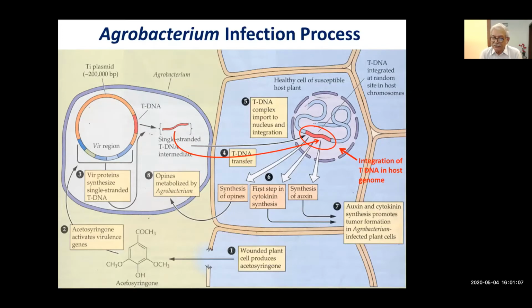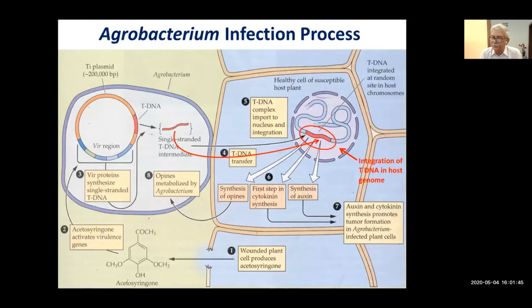The damage to the plant cell results in breakage of the plant vacuole, which releases acetosyringone, which is a phenolic compound, and then the release of vacuolar contents. They also decrease the pH of the environment to about 4.5 to 5. Okay, so this is a condition which is required by Agrobacterium for infecting